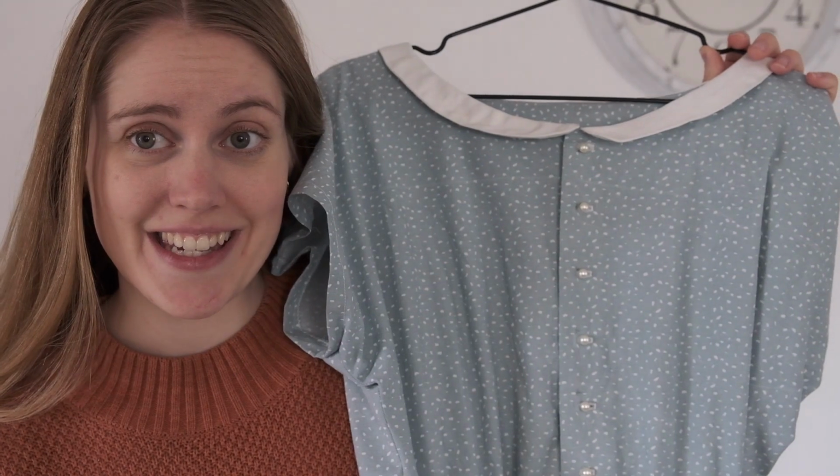So now to answer the question, did I or did I not manage to meet the challenge and make my own dress for $5? I think you're probably not going to be surprised, but I'm going to have to say no, because this dress cost, well, let's tally it up actually. So $1 for the pattern,